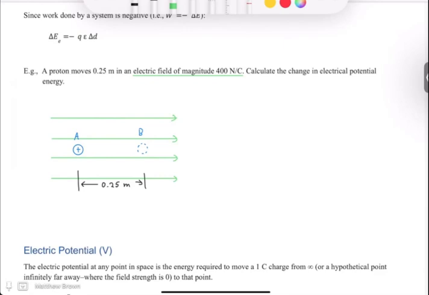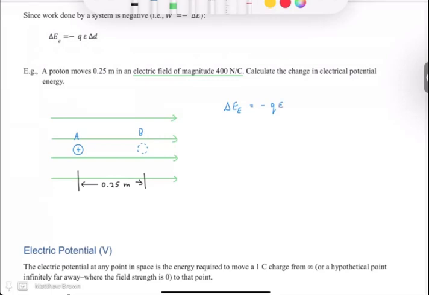So we want to know what's the change in electric potential energy, right? So how much energy has this particle essentially lost as part of this system? Or maybe I'll try to use a capital E. Try not to confuse this with elastic potential energy. But in this case, delta E as well. We've got the equation right up there still, so